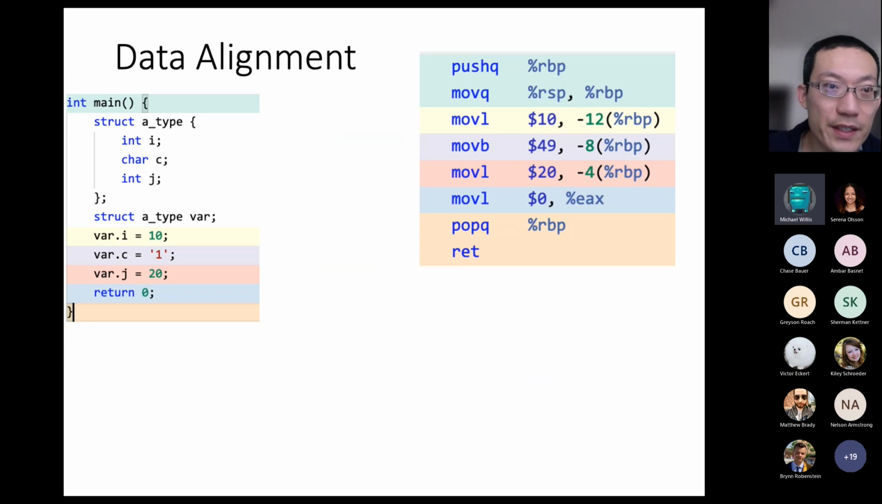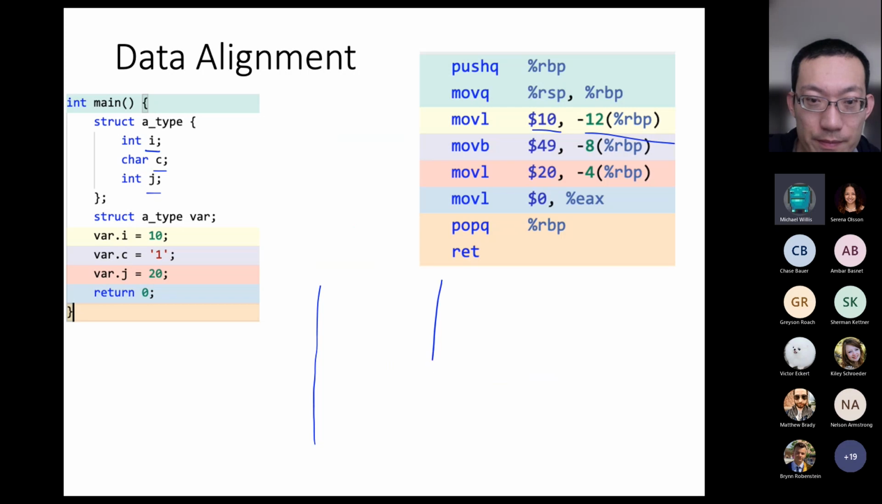Here is a data alignment example. So in the main function, we declare a struct. The first one, integer, C is char, J is the integer again. Then we want to initialize the I to be 10. So we see here, RBP minus 12. So if we draw something right here,